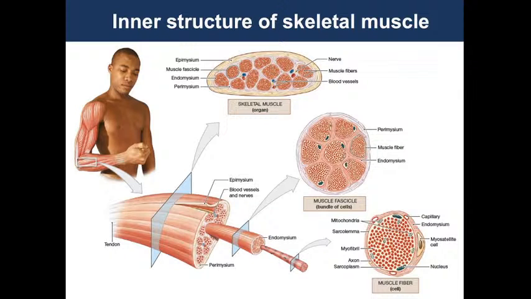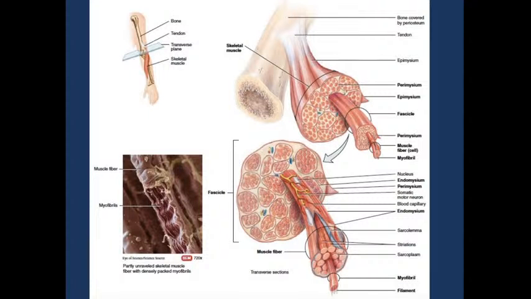And so we have three types of connective tissue: epimysium around whole muscles, perimysium around muscle fascicles, and endomysium around every muscle fiber. Another picture also illustrates this. See how this structure looks in another picture